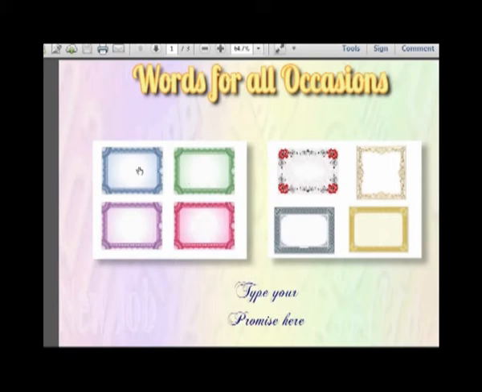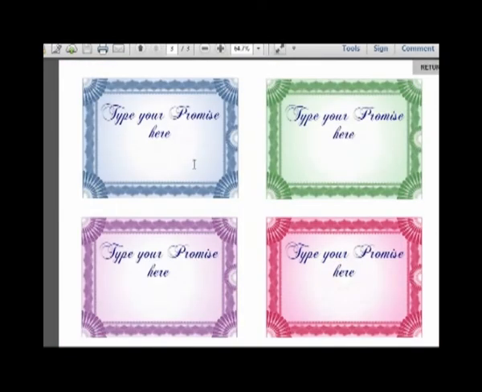Now again, you can just copy and paste into these or just work on them straight off of the page. But I've also got some spare text, which again you can click onto. You'll get this blue box, and if you wanted to, you could use that anywhere in the document. These are scattered around. They just allow you to create your own documents as well. But if I come back to the certificate here, we can see now I've got I promise,